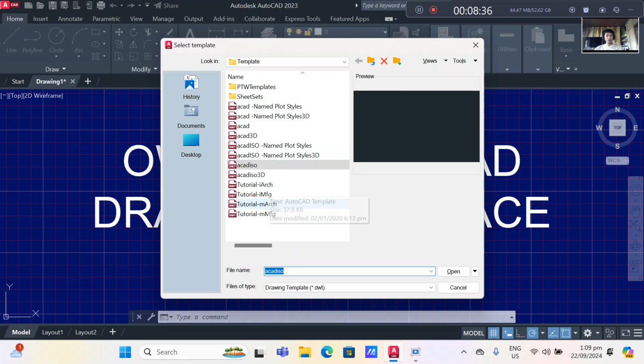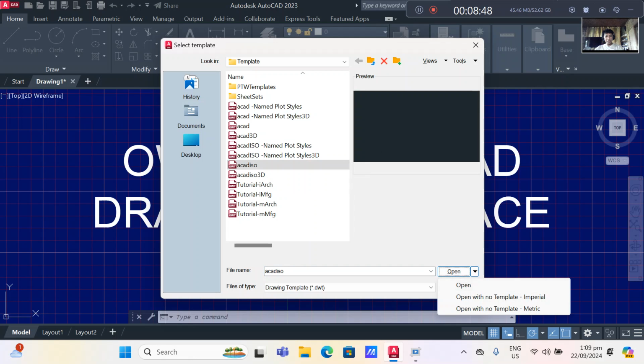But if you want to draw or to use something without templates, you just come here and then click this icon, and then open with no templates metric, or open with no template Imperial.